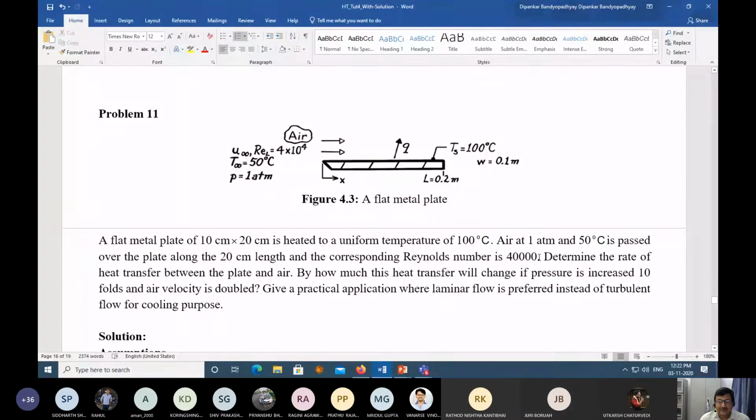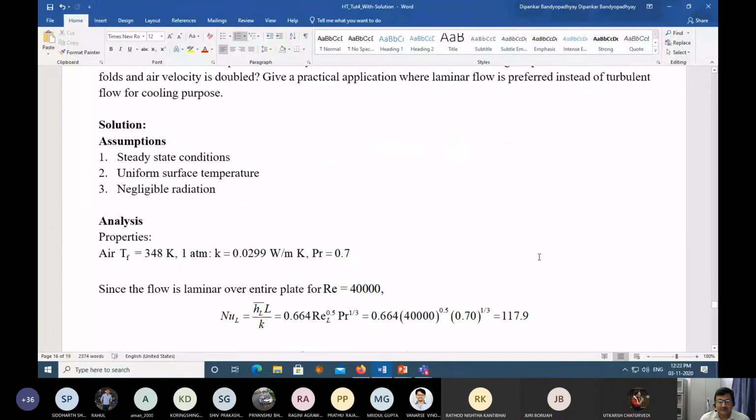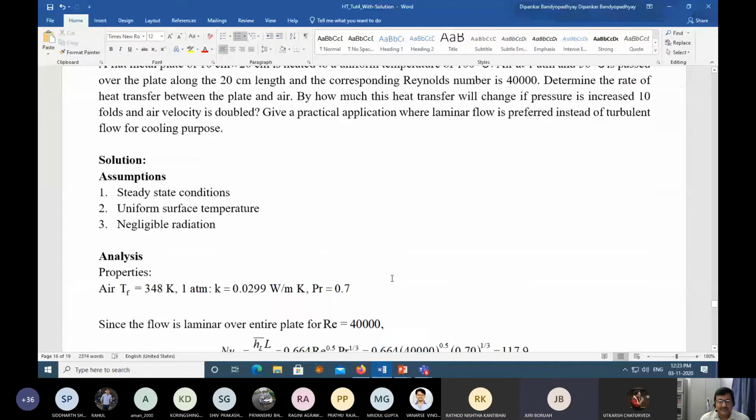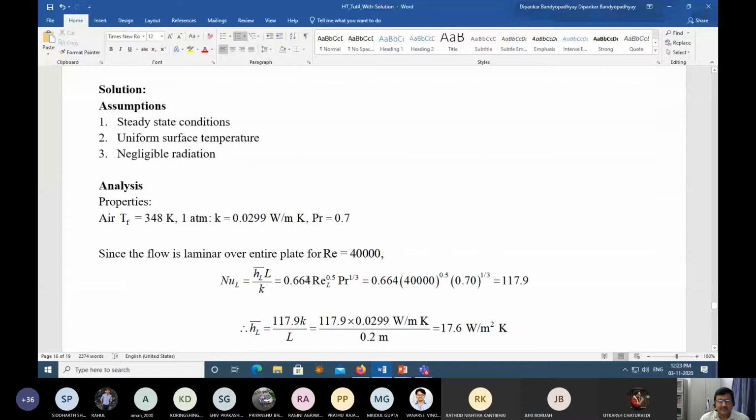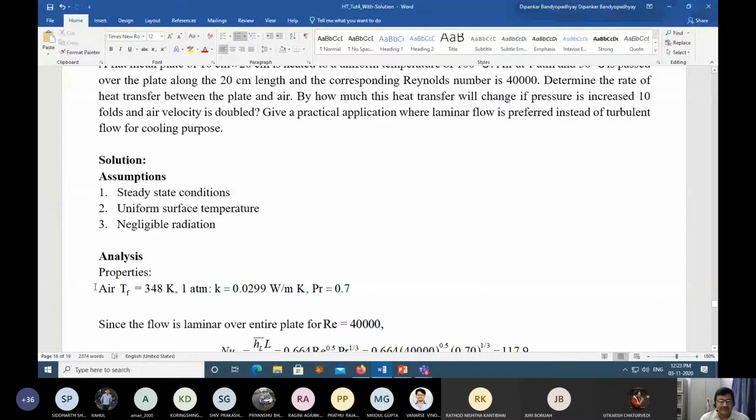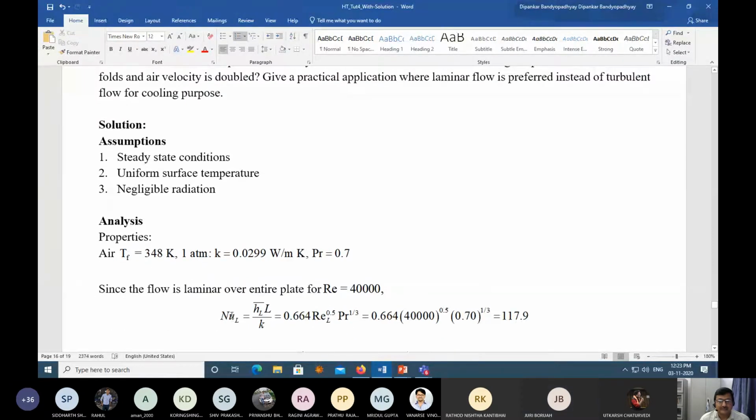Yes, sir. So for laminar forced convection, how will you evaluate? You evaluate the Nusselt number equal to 0.664 Re^(1/2) Pr^(1/3). This is the Dittus-Boelter equation, correct? You use it, and from there you get h_L bar. So what is the Nusselt number first? Reynolds number is given, and Prandtl number is how much? I have given the properties, 0.7. So can you evaluate the Nusselt number?